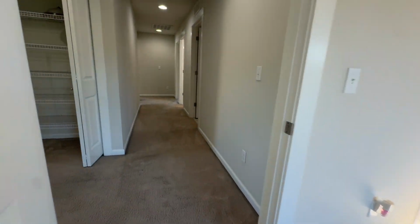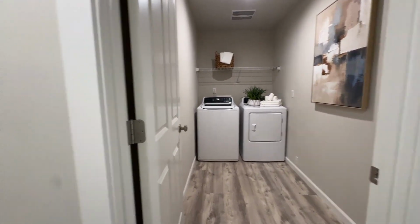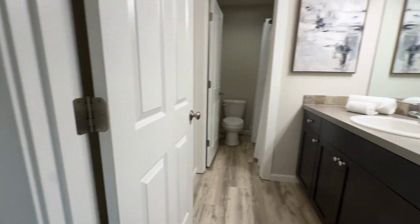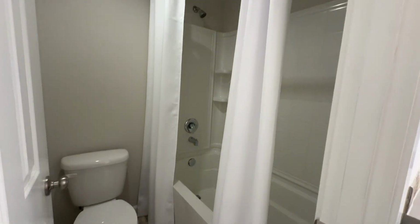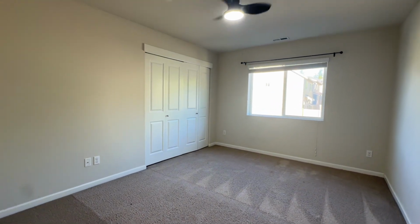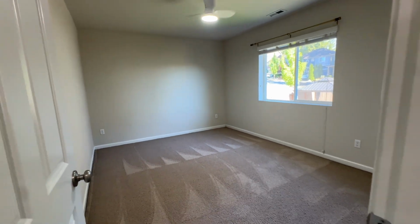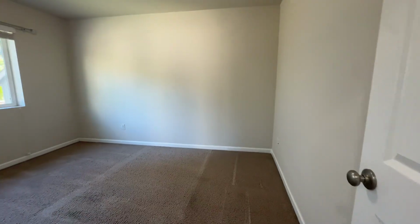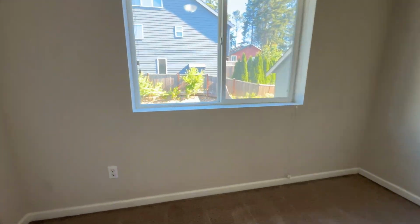And then down the hall, for convenience, we'll have the laundry room up here and a full bathroom, tub in here, and we have a good sized bedroom here with a ceiling fan. Bedrooms are a pretty good size. And then bedroom over here. And then you can also enjoy